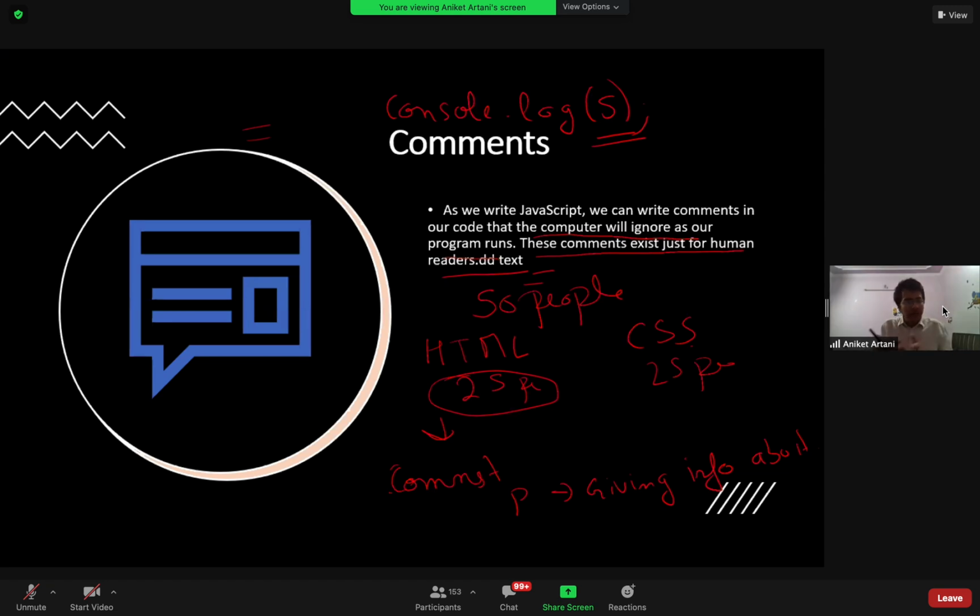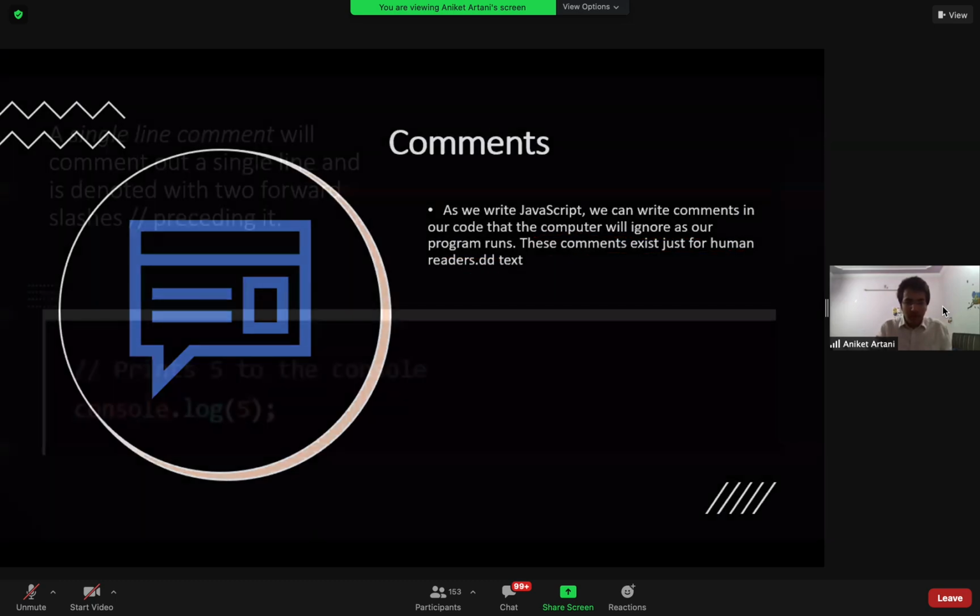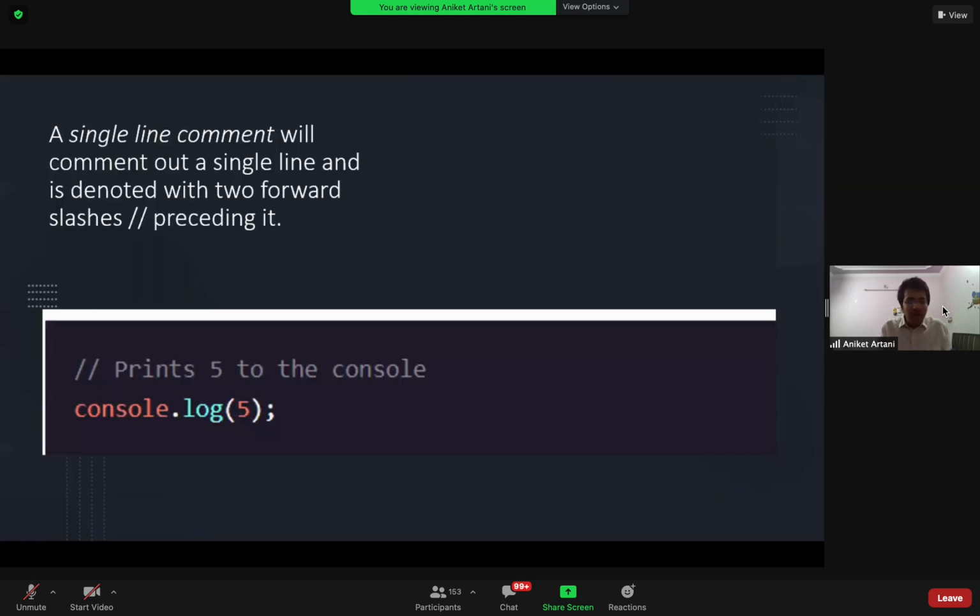So let's see different kinds of comments in JavaScript. There are two types of comments, single line comment and multiple line comment. Let's go with the single line comment. A single line comment will comment out a single line and is denoted with two forward slashes preceding it.